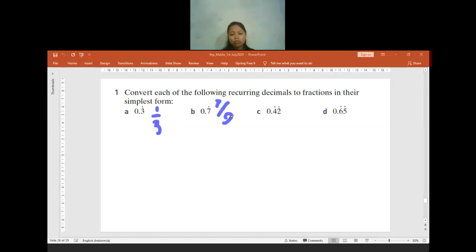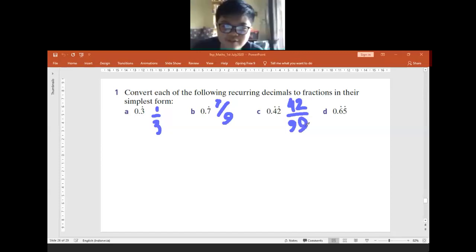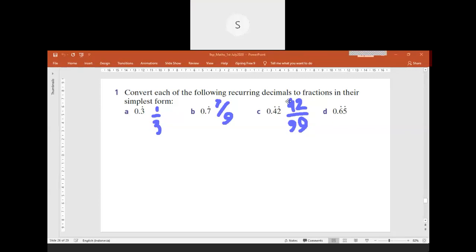Okay, 42 by 99. Is there anyone who disagrees with Srini? I will just write whatever Srini says. Teacher, actually if there is no whole number in front and it's just the decimal, like 42, you just literally add the number on the top and 99 in the bottom. Yeah, but not always. For recurring figures it's easy like that, but if you keep it that way, I'm afraid later you will make a silly mistake. So yes, 65 by 99, teacher.